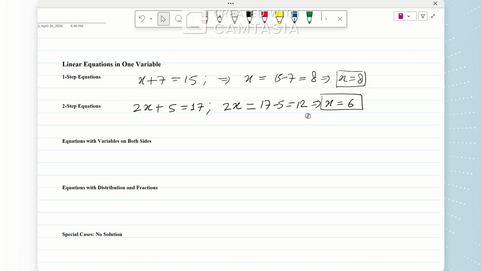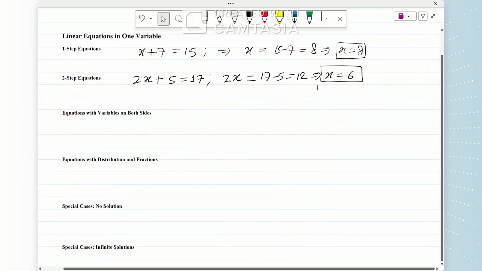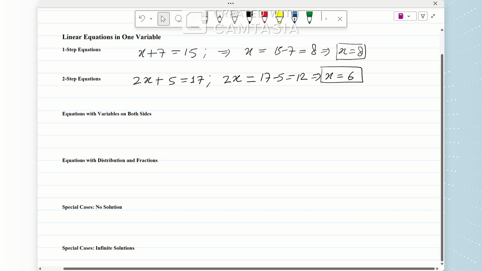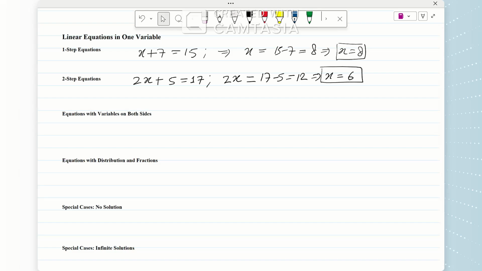Okay. Then you can have an equation which may involve variables on both the sides, left hand side as well as the right hand side. Okay. Consider this. 7x minus 2 is equal to 3x plus 10. Okay. How will you solve this? Well, it requires multiple mathematical operations. Now the trick here is that you should take the variable which is smaller towards a side where you have variable which is larger. So here you have 3x